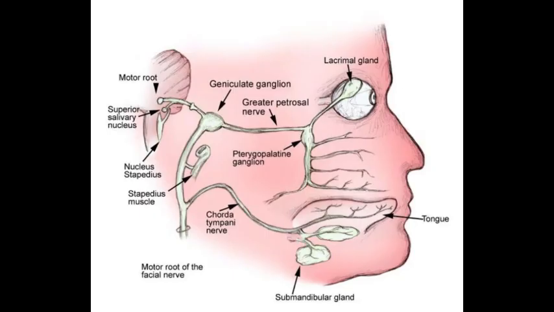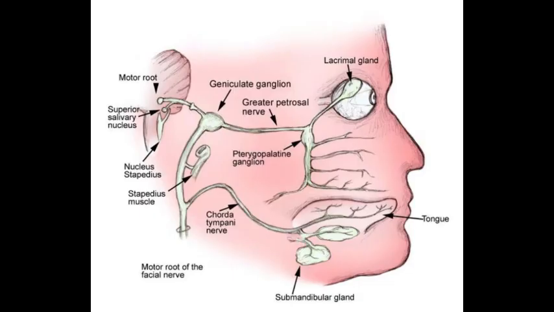Now, this geniculate ganglion actually contains nerve cell bodies of taste axons from the anterior two-thirds of the tongue, and somatic sensory axons from the external ear, auditory meatus, and the external surface of the tympanic membrane. Now, the parasympathetic greater petrosal nerve actually arises from this geniculate ganglion and is actually the first branch of the facial nerve. Now, the greater petrosal nerve actually leaves the geniculate ganglion anteriorly, enters the middle cranial fossa extradurally, and